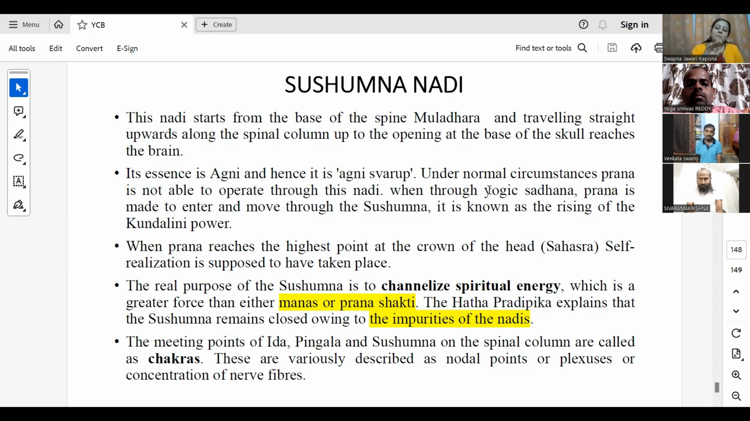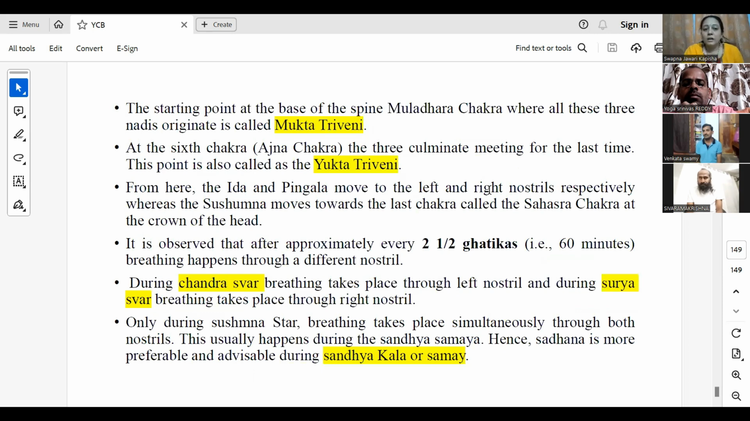The meeting points of Ida, Pingala and Sushmana on the spinal column are actually the chakras which we have discussed previously. This is Sushmana, and the other two are Ida and Pingala. Next, two more points need to be remembered. The starting point at the base, the Mooladhara chakra, where all the nadis start, is known as Mukta